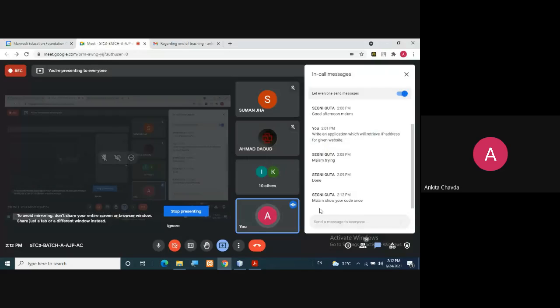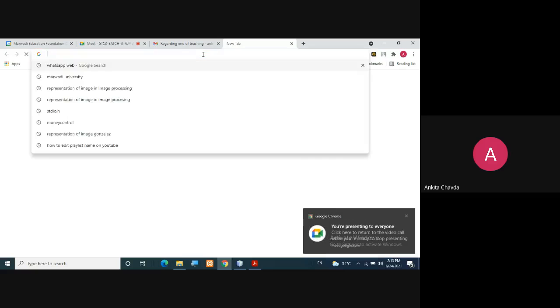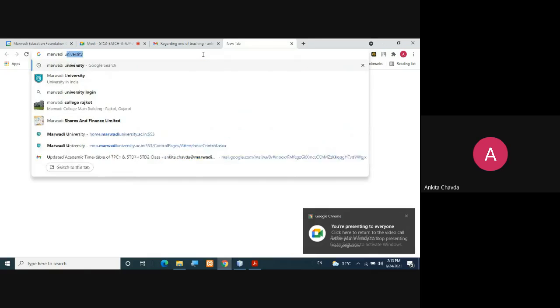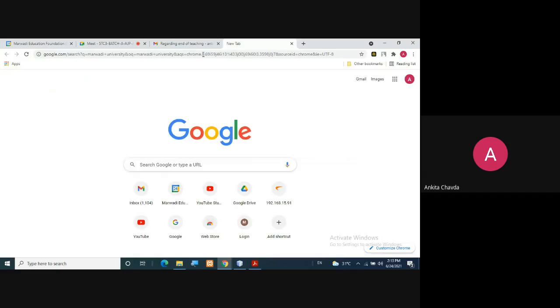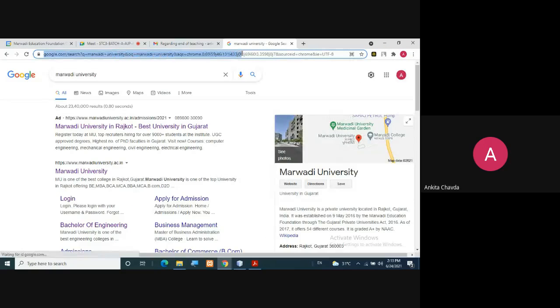Here you are using that URL class. Somebody was saying, no? So here you can write an application which will retrieve the content of given URL with different web page related information. Fine. So if you are searching here, suppose Marwadi University, this is what the URL, right? This is the URL that I'll give directly to that URL class object.